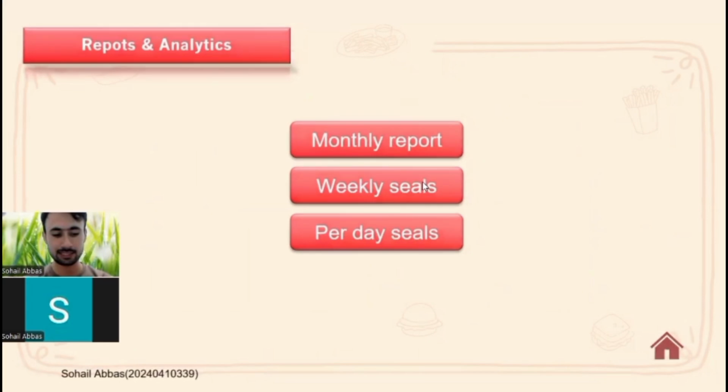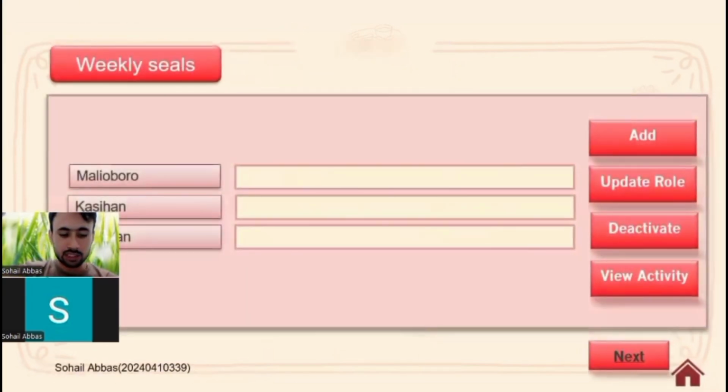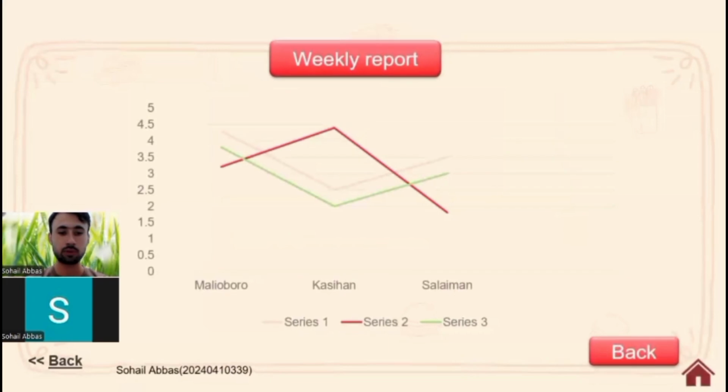Here, let's click on the weekly sales. In this section, it displays the weekly sales input. The data is organized by different locations. As you see, we have selected three locations: Maliboro, Kasian, and Salaman. On the right side, same like before, you can add, update data, deactivate, or see more activity. So now, after putting the data in the numbers, let's click on next, and it will take you to the weekly report in graphical